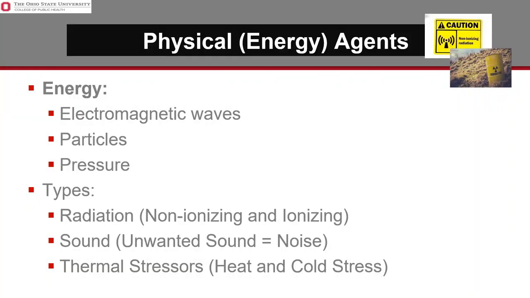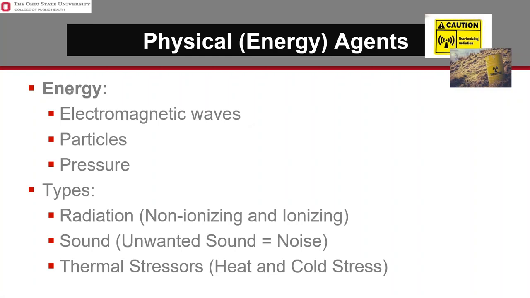And the third category, the physical agents. When we talk about physical agents, if we take a step back, with biological agents, we're talking about organisms, for example. When we're talking about chemical agents, we're talking about elements and molecules and compounds. When we're talking about physical agents, we're really talking about energy. And that energy, from a human exposure perspective, more generally from an environmental public health perspective, is energy that's transmitted through air.